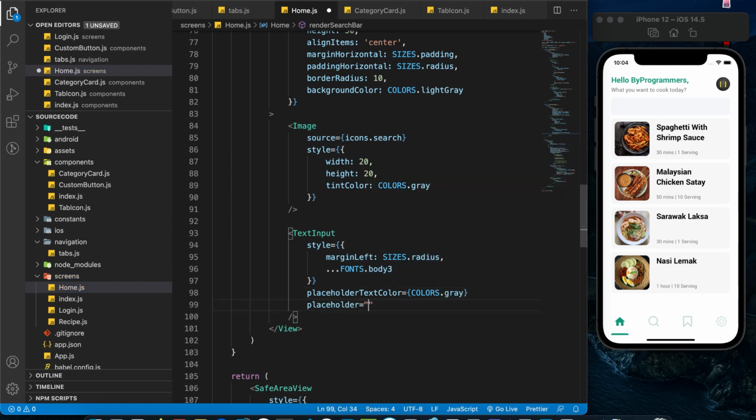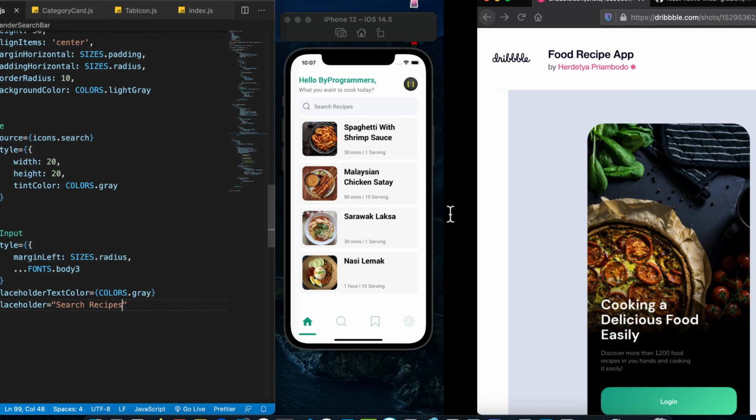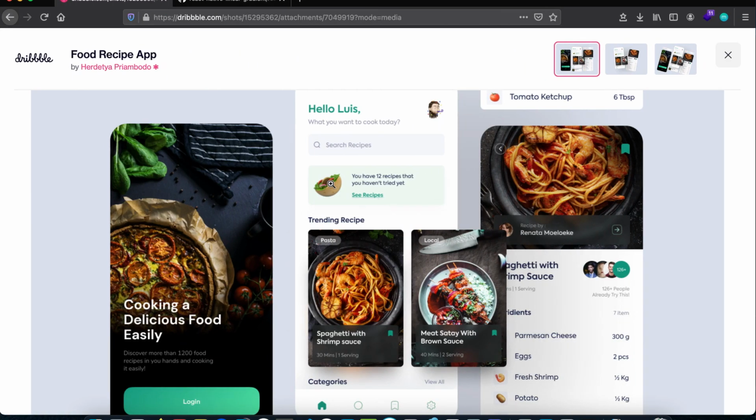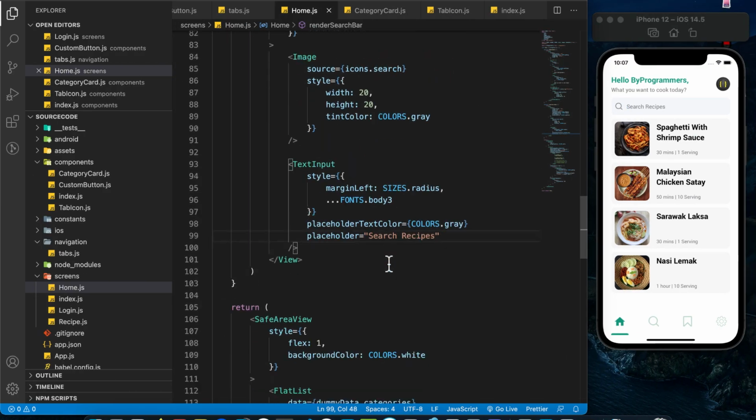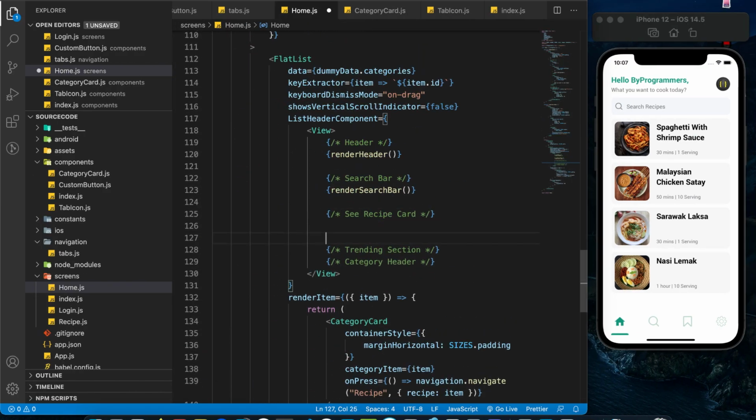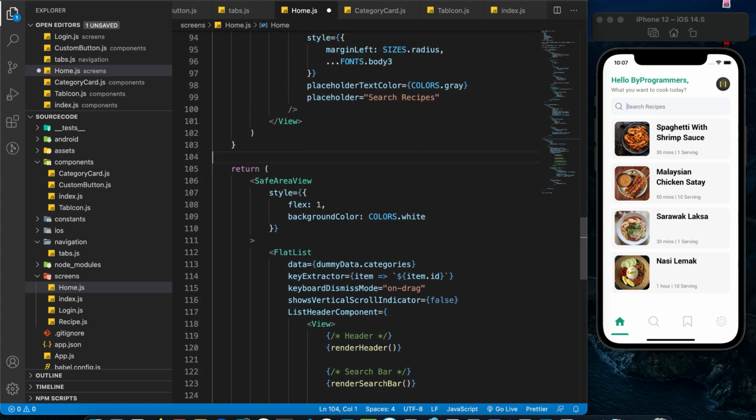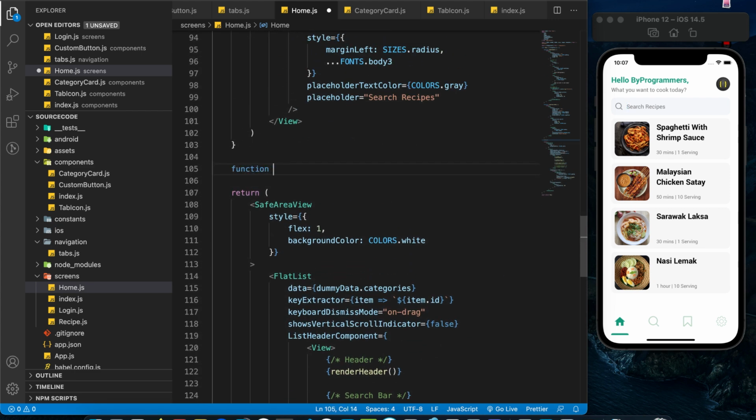Placeholder will be search recipes. Alright, save it. Perfect. Okay, next we are going to work on the see recipes section over here. Same thing, we are going to render a new function called render see recipe card, and we are going to create this function over here. So function see recipe card,